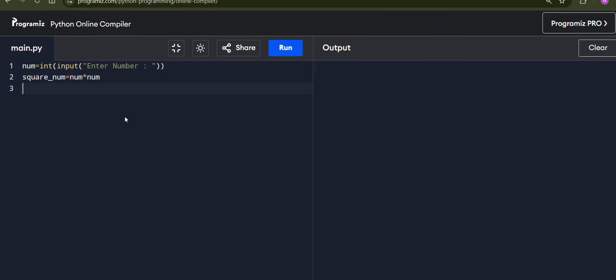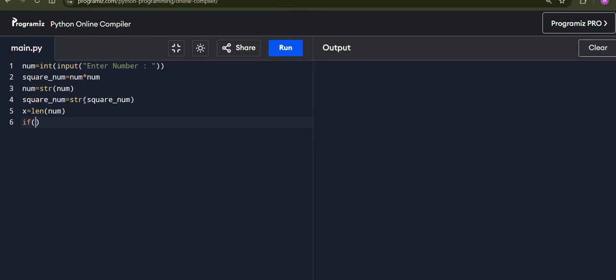Now I will convert my numbers into string: str of number, and square of number is equal to str of square number. Now I will calculate the length of my entered number, length of number.